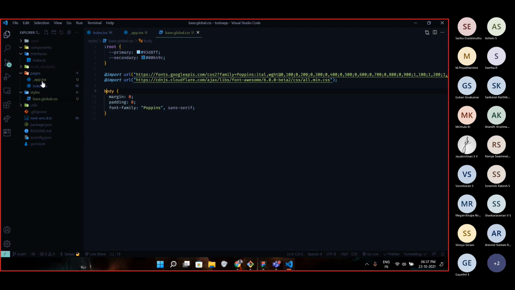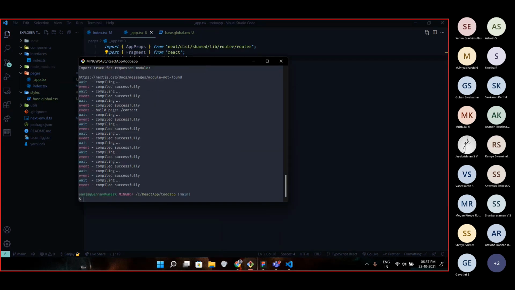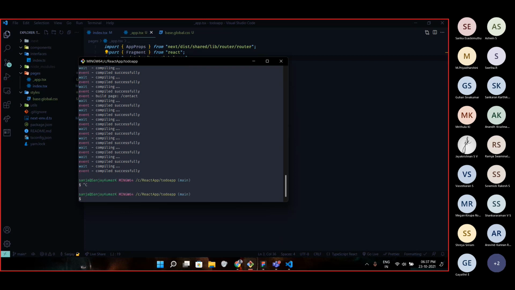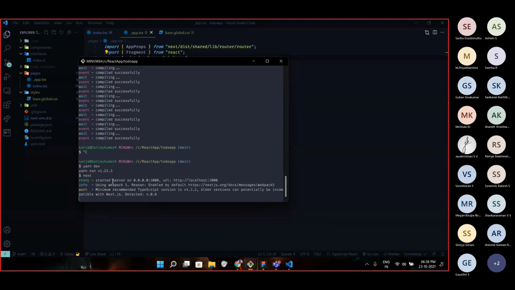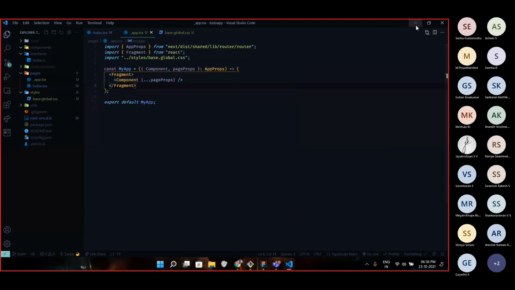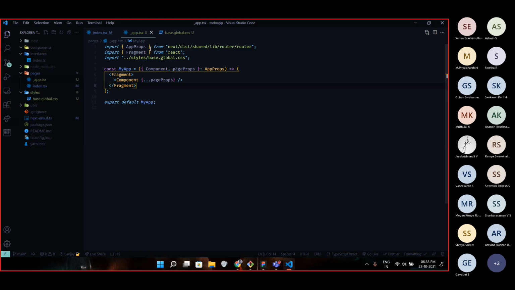Once you have included it in your app.tsx, you have to restart your compiler. For terminating the process, press Ctrl C and then start the server again with yarn dev. This is the command for starting the development server. It's running. Once it has started successfully, you can see that the font has changed to Poppins. The next thing we are going to do is